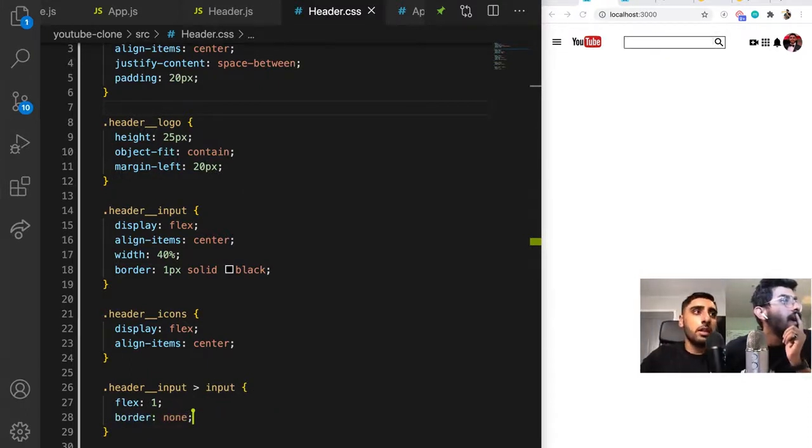Now what we're going to do is go ahead and give the icon inside of the header input field. I'm just trying to figure out what we're doing next. So we have the header input button. Right, so next what we want to do is